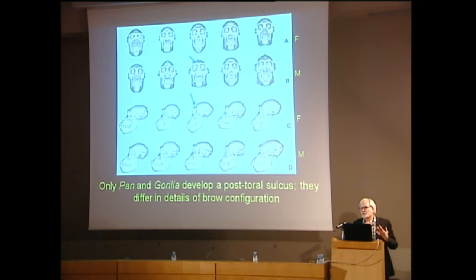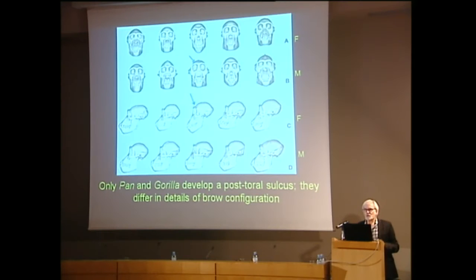And the thing is that Christoph is right. There are differences from one chimp to another, which are basically sexually dimorphic, such as size or the development of sagittal crests. Some have more robust or thickened brows, and some have longer faces, and so on. But in reality, amongst hominoids, there aren't that many that develop a post-toral sulcus, as indicated by the arrow here. So every one of these specimens actually has a post-toral sulcus. The only extant hominoids with them are chimps and gorillas, and their individual detailed morphology is very different.